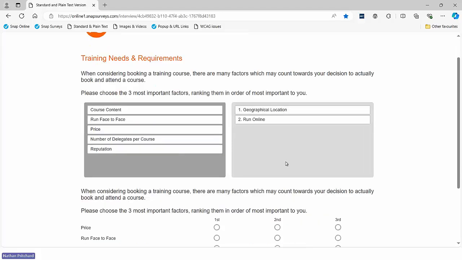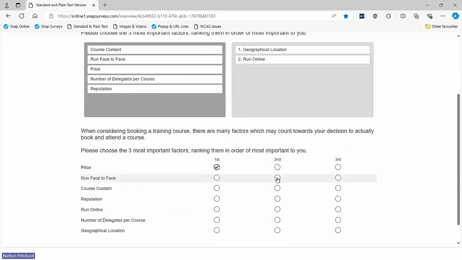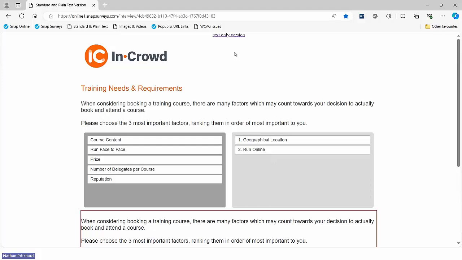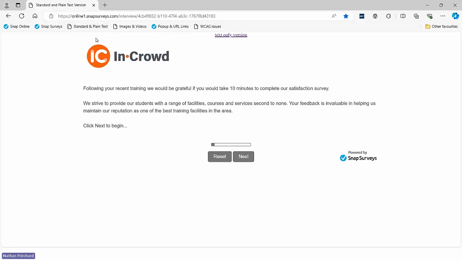And for those of you that haven't noticed before, or perhaps just haven't set it up before, by default at the top of every survey is a link taking you to that plain text version or text-only version. So you just build the survey in the normal way, and when published, this link will appear at the top. Before I click it, I'm just going to go back to the very beginning of the survey. So this is the standard version. So this will be the first thing that gets read out by a text reader. And if they want to press that button,